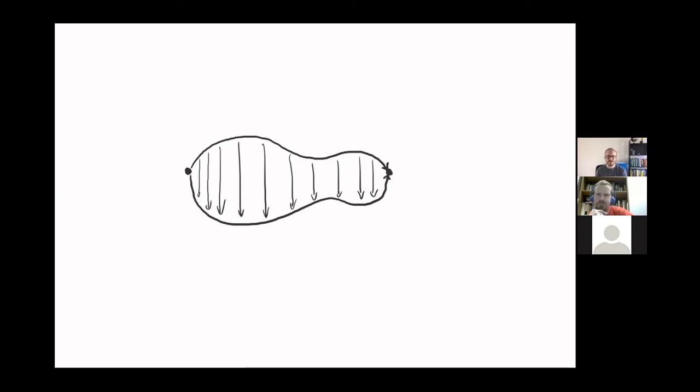Okay. Yeah. So you would have a category of topological spaces or a category of manifolds, and then you would have a category of abelian groups or vector spaces. And so homology is a functor from one to the other. Okay. So right. So yeah, this is good because